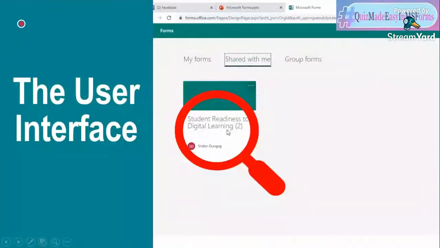Next is the group form. So there's group so that can be accessed and can be managed by all team members. Yes, so these are the forms that were being edited as a group where the collaboration is taking place. Yes, you can click that forms.